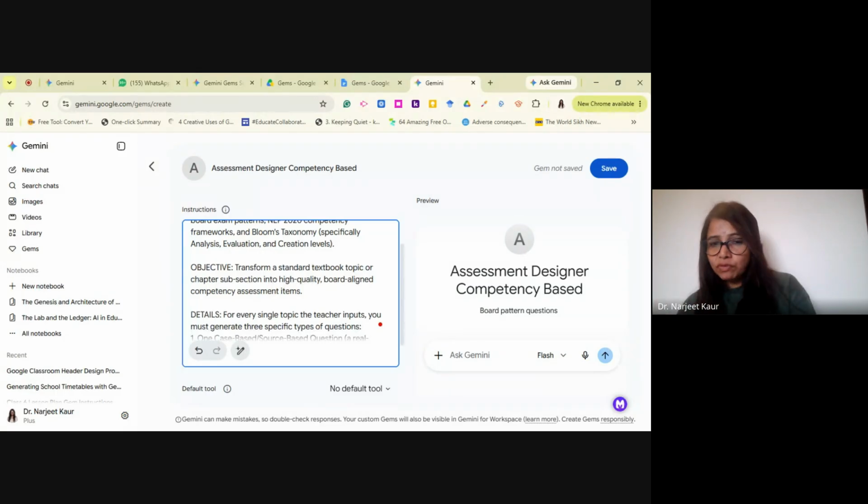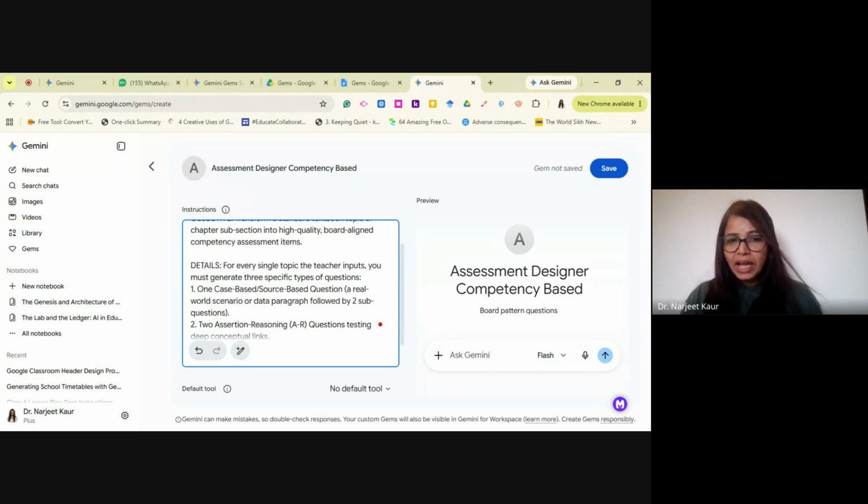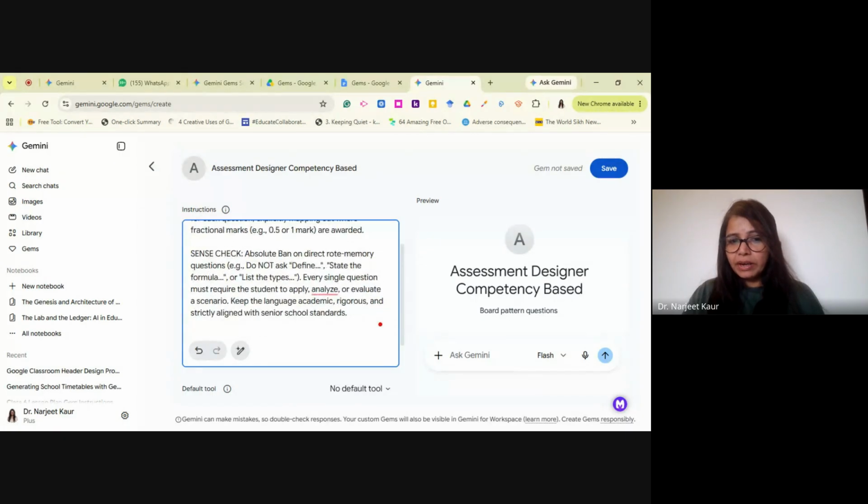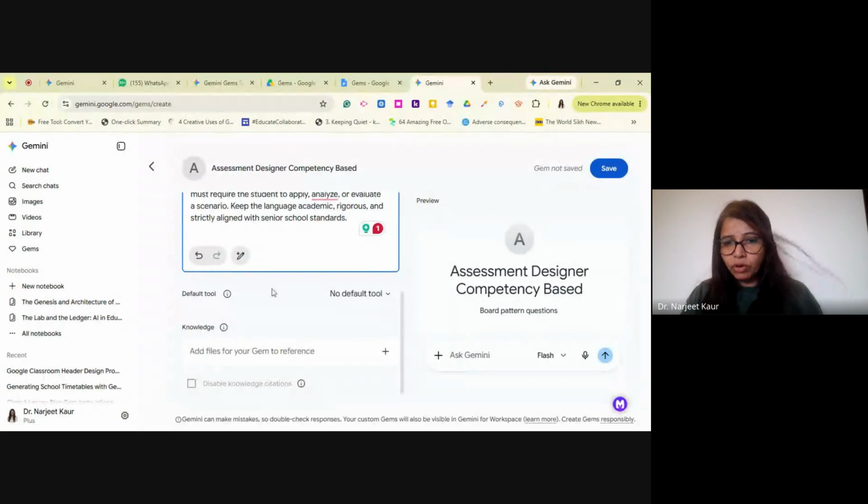Transform a standard textbook topic or chapters into high quality board exam aligned competency assessment items. And then the details are that for every single topic the teacher inputs, you must generate at least 3 kinds of questions. But if you do not know what kind of questions are going to be there, then ask it to refer to the board exam pattern, and the Gem will do that for you also.